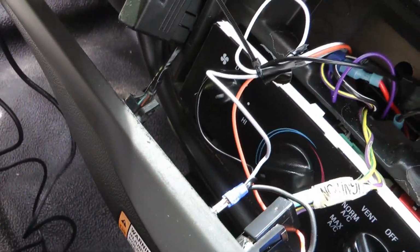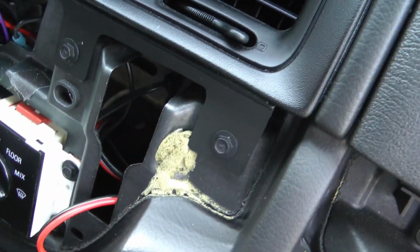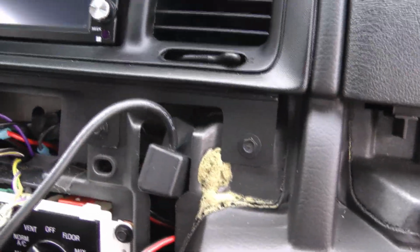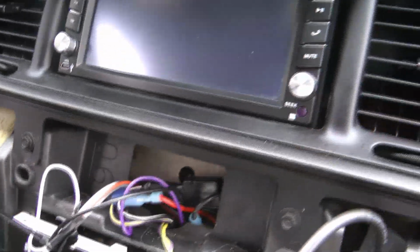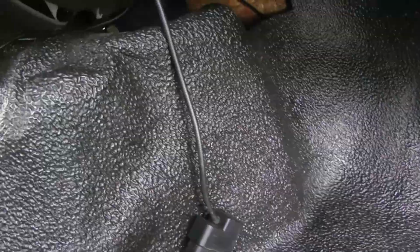You can see that the plug is just a little bit too big to go through there. So if you're willing to cut, you can run it through there. If you don't want to cut, like I'm probably going to do this as a giveaway, so I'm not going to cut anything in my car, but you can fish it through here, drop it down, run it underneath there and over to the OBD port. And if you wanted to be super professional, you could unbolt these and try to tuck this cord up behind there. A little bit of patience in wrestling, you can get that to drop all the way through,